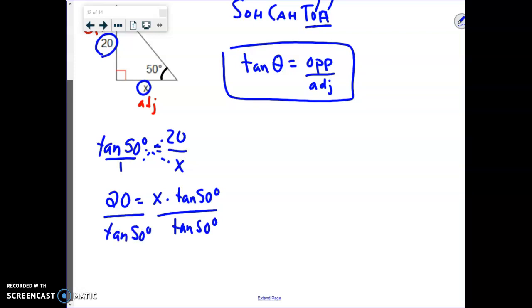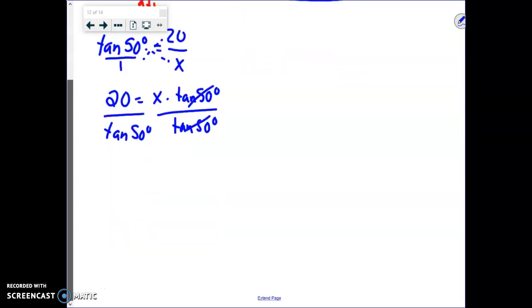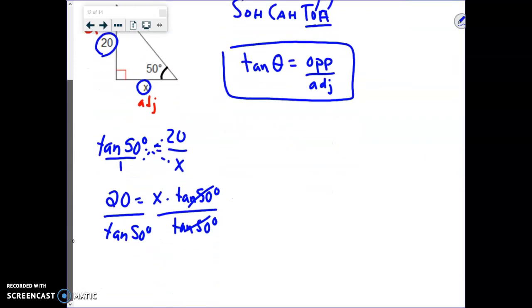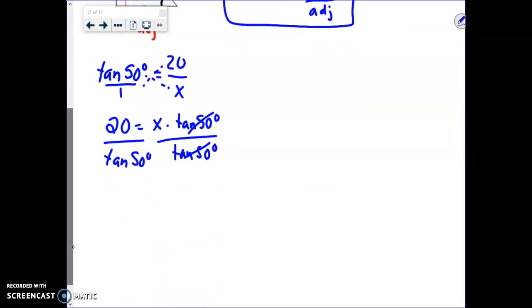So the tangents of 50 cancel out, and if you go to your calculator, ladies and gentlemen, and we take 20 divided by the tangent of 50 degrees, I'm going to do it here real quick. Make sure you're in degree mode, 20 divided by the tangent of 50 degrees, you get x to be approximately 16.78. Now again, we're going to go to the tenths. So that 7 rounds up to an 8. So x is approximately equal to